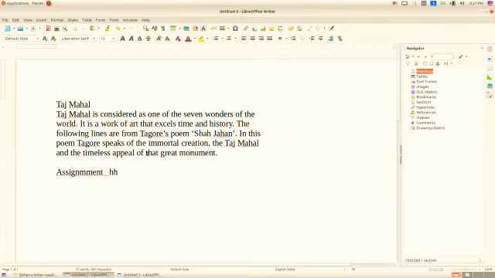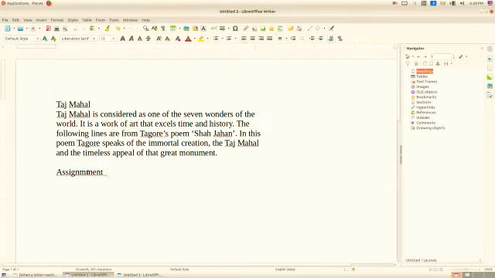Next we are going to study how we can correct a word that you may have misspelled. Here I typed the word assignment. I want to delete the wrong letter. To delete, first of all place the cursor on the incorrect word.